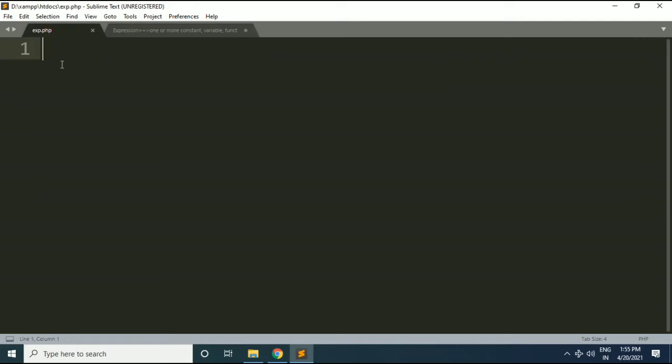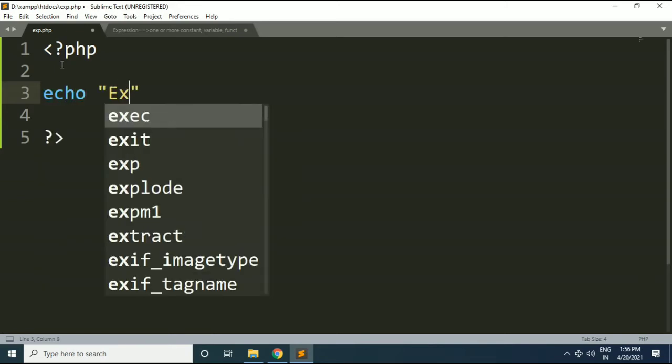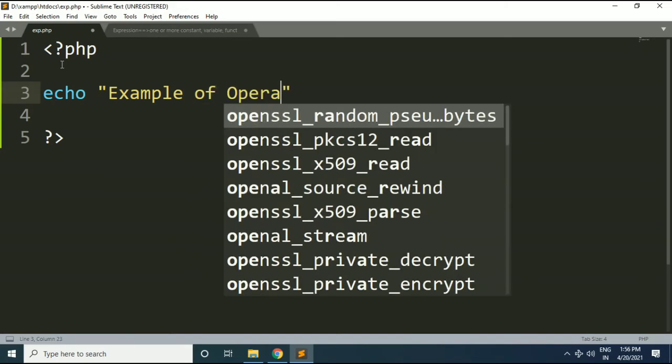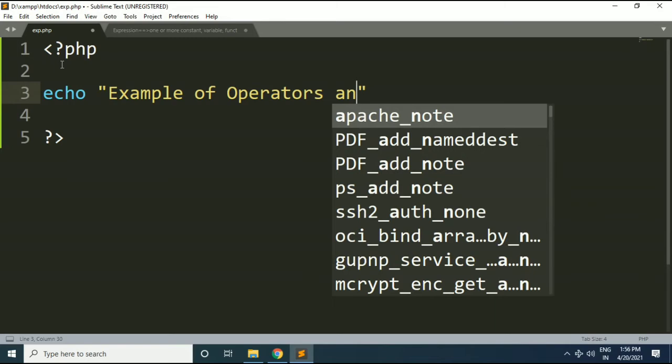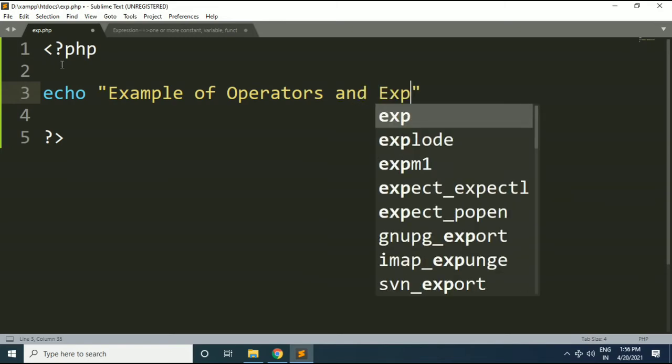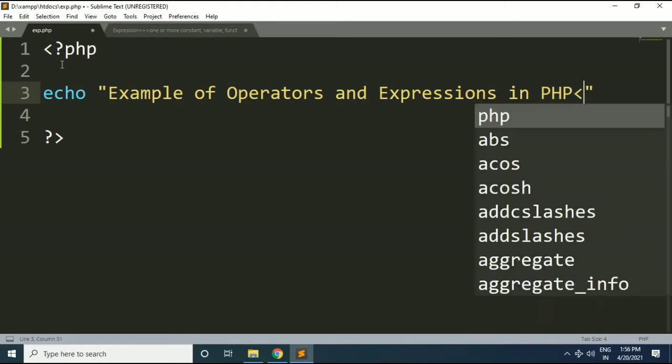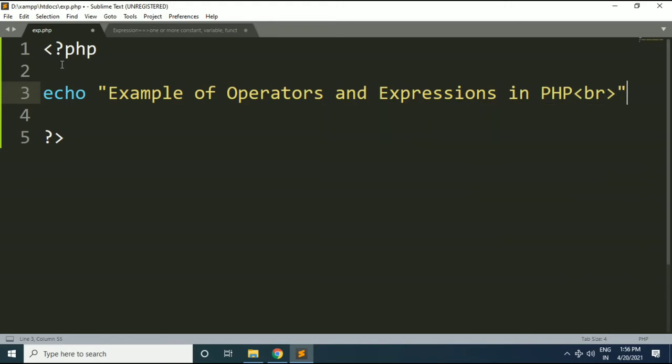Okay, now here friends, I will create this canonical PHP block for writing my PHP statements. Within this block, first of all I will print one message here: example of operators and expressions in PHP, and I will break this line using the BR tag.